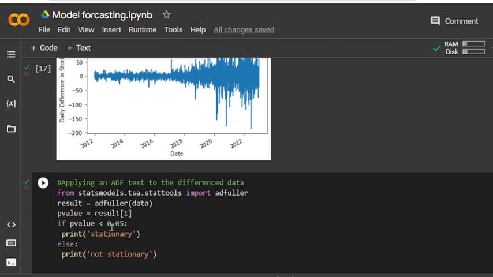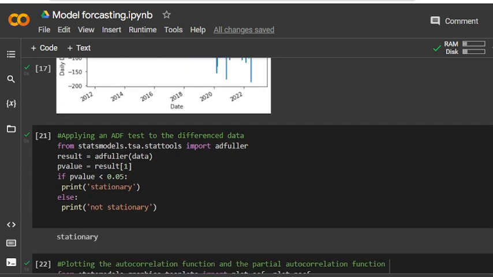If the p-value is lesser than 0.05, print stationary, because 5%, 10%, and else not stationary. So you can check your data, what I'm doing. You could see here, yeah, your data is stationary. So I hope it's clear, your data is stationary.